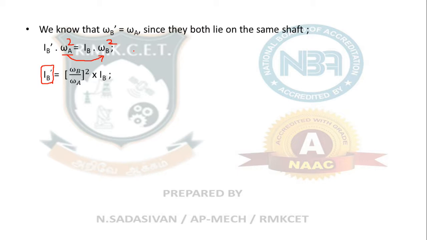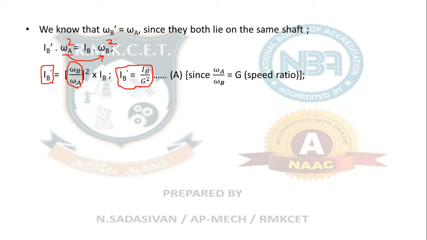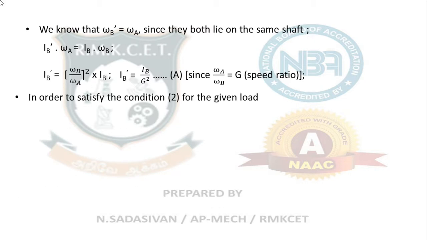So we know this omega A by omega B is G, gear ratio. So since there is a square, I am going to replace this. This thing is 1 by G. Okay, so you can write IB by G square. So if you have a rotor B and you know the speed ratio of the gears and divide by the square of the speed ratio of the gears, you will get the equivalent rotor inertia. So that is one thing. So IB dash equal to IB by G square. Now you will not have any kinetic energy violation. You can replace it with an equivalent rotor B. Okay, so that is one condition.